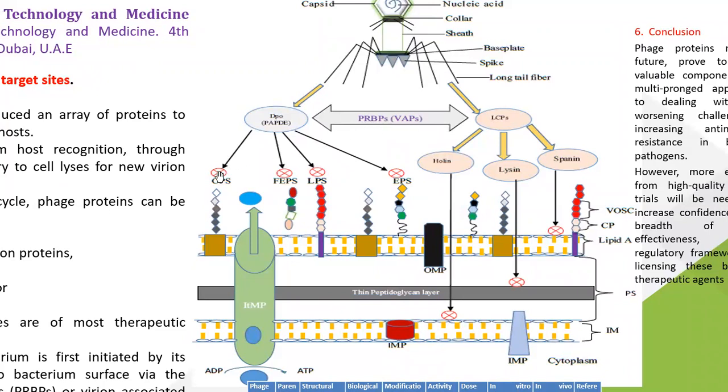Both are collectively called phage receptor binding proteins. The phage polysaccharide depolymerases are often associated with tail structures of the virions, such as the tail fibers, the tail spike, base plates, or the tubular proteins, and sometimes can be located at the neck or the collar region of the phages. Phages apply different depolymerases to enzymatically degrade the capsular polysaccharides, for example alginate and polysialic acid, and structural polysaccharides, such as the lipopolysaccharides and peptidoglycans.